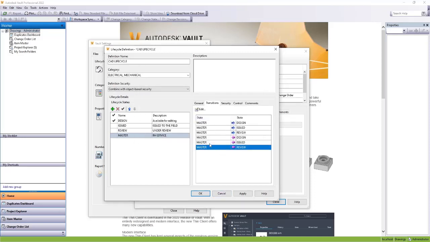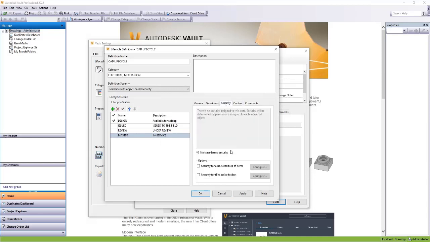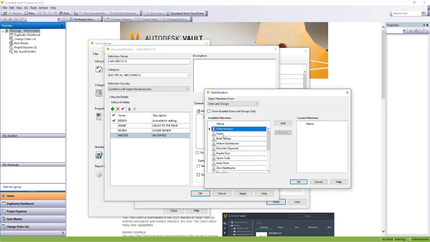All right, so we have our transitions secured now. Now let's talk about security. Who can view the files? Who can modify the files that are in the master state? And because the master state is an in-service state, uncheck this no state-based security so you can add the different groups. You want to add your 4 groups again,